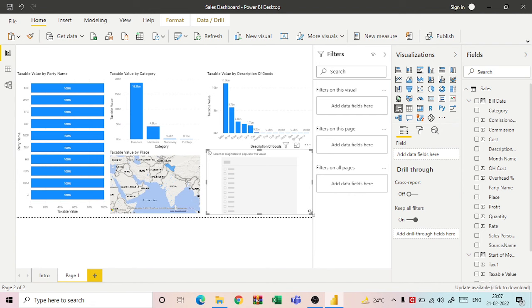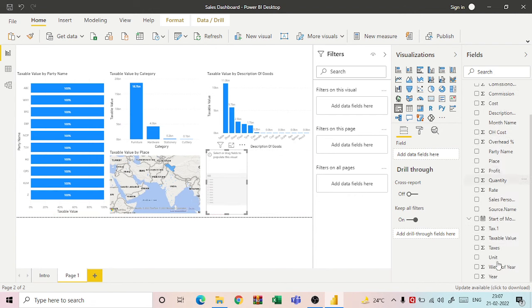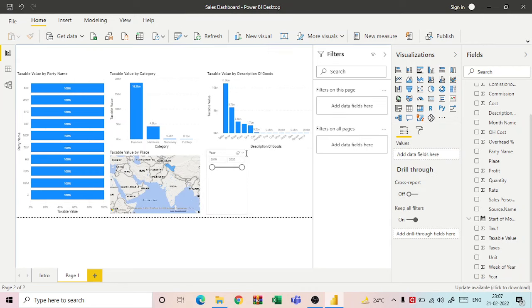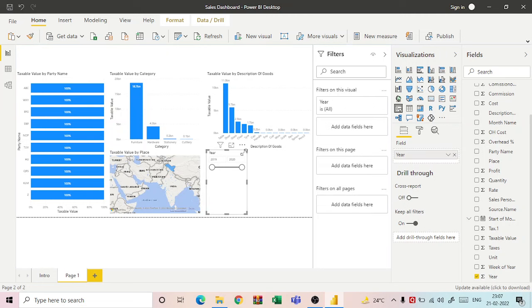Select this, reduce the size, go to the year column and select year. You can change it to a list. Okay,